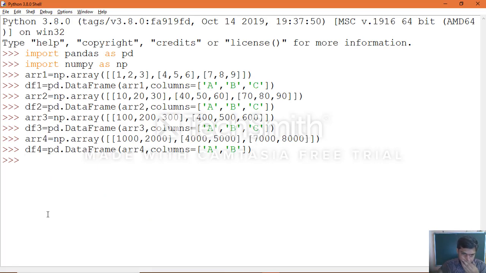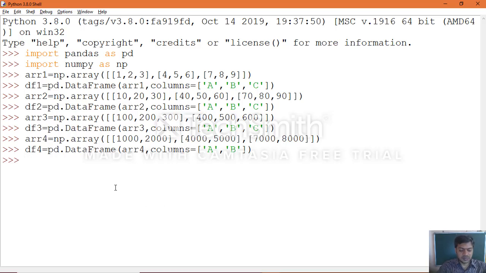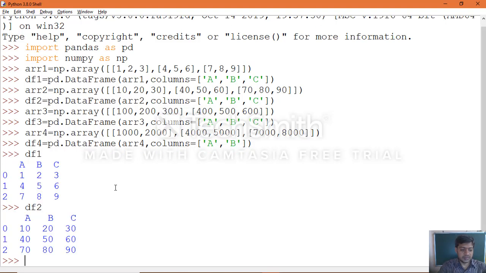Okay, once you create the DataFrame objects, yes, you can print the objects, all the objects as you want. You can print them out to see the data which they contain as usual.